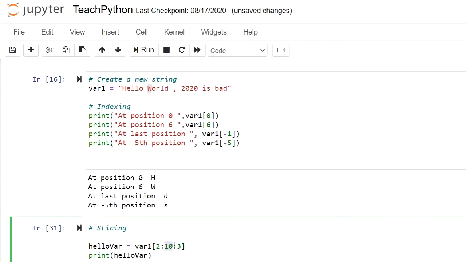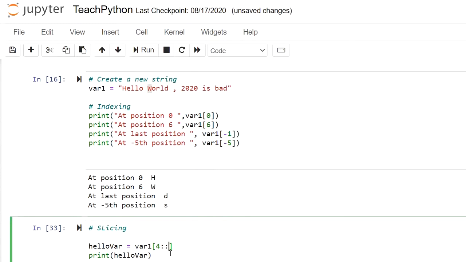Now there are other ways also for slicing. For example, if I want the whole string, I can write this, and you can see this gives me the whole string. This is a shortcut to get the whole string. If I want the string starting from the fourth character till the last, I just write 4 and a colon and press enter. You can see it gives a string starting from the 4th character till the end.